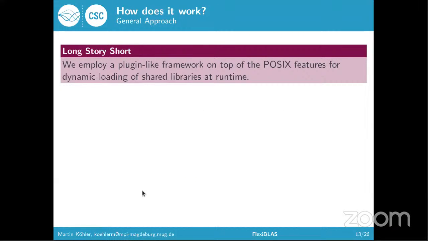And now, how does this work? So how do we get to a solution to this linking issue, to this compatibility issue, and a way to switch the backends very fast? Our solution was to develop a plugin-like framework and only employ the stuff which is around in the POSIX standard. The reason was that by sticking to POSIX, we get as portable as possible,